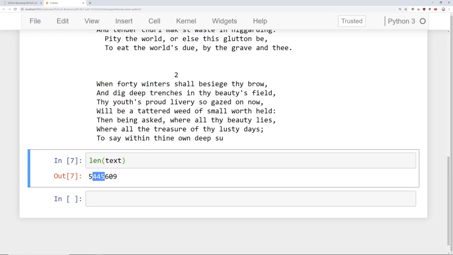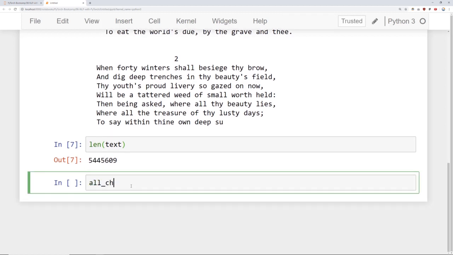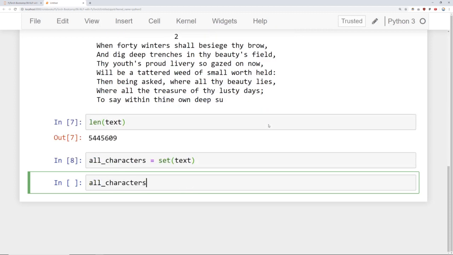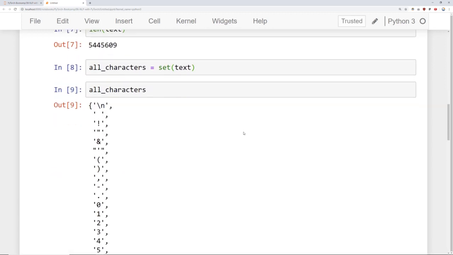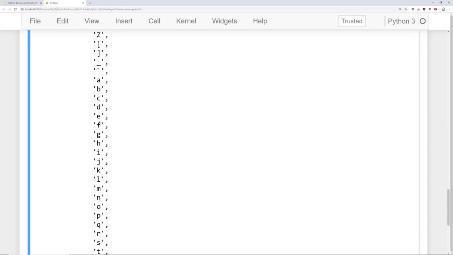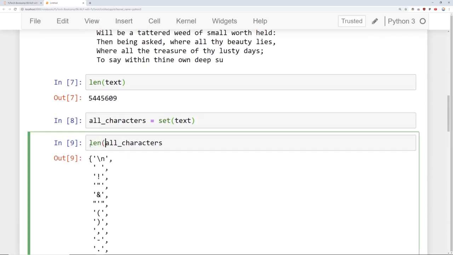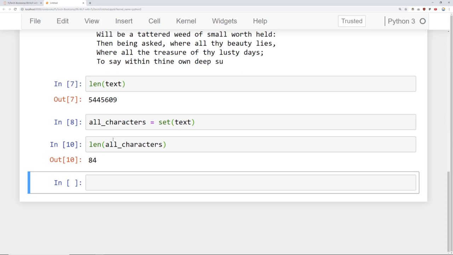So now let's get on to encoding the entire text. We're going to base this off a character level, which means what we need to do is figure out all the unique characters inside of this text. We can do this easily by simply saying all_characters is equal to, and then just pass the text into the set command. And what this does, if we take a look at this set, it just returns back all the unique characters. And by characters, this also includes things like punctuation, numbers, capital letters, and then lowercase letters as well. So here are all the unique characters, and if we check the length of this, there are 84 unique characters